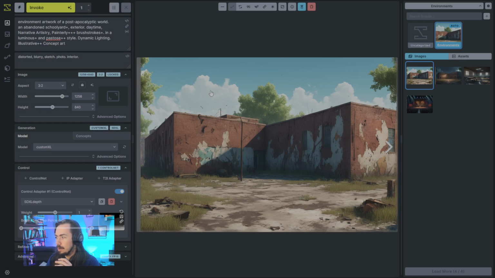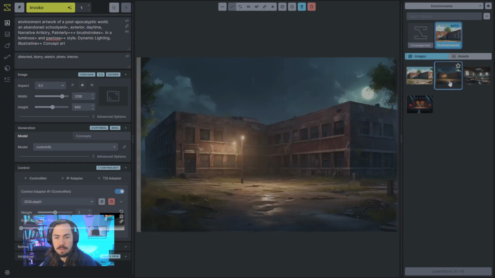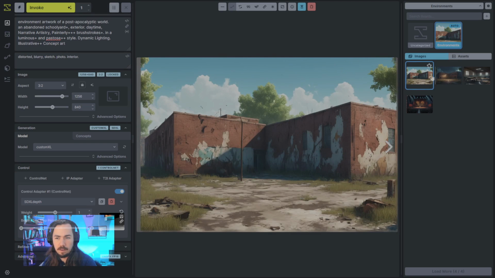That's typically what I'd recommend. But Juggernaut XL is one of the more general purpose models that's out there right now and that I find useful. So yeah, now we've got this exterior, but I would say it looks a lot different